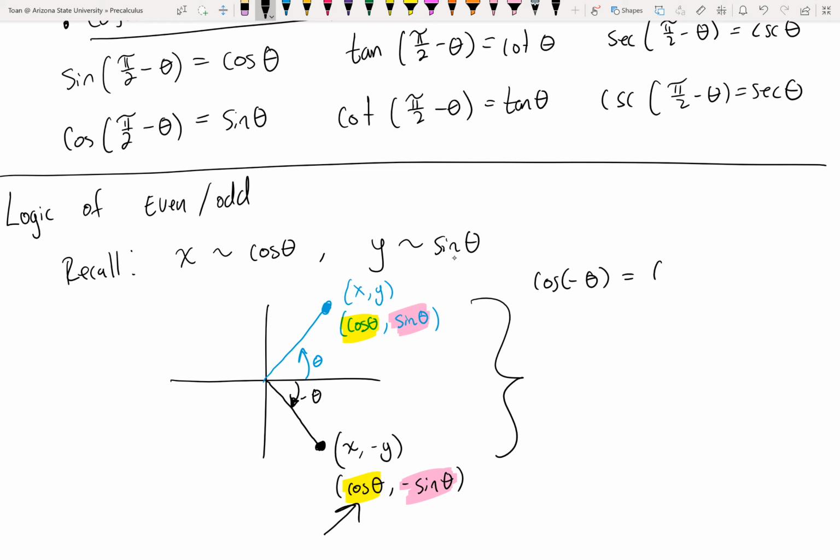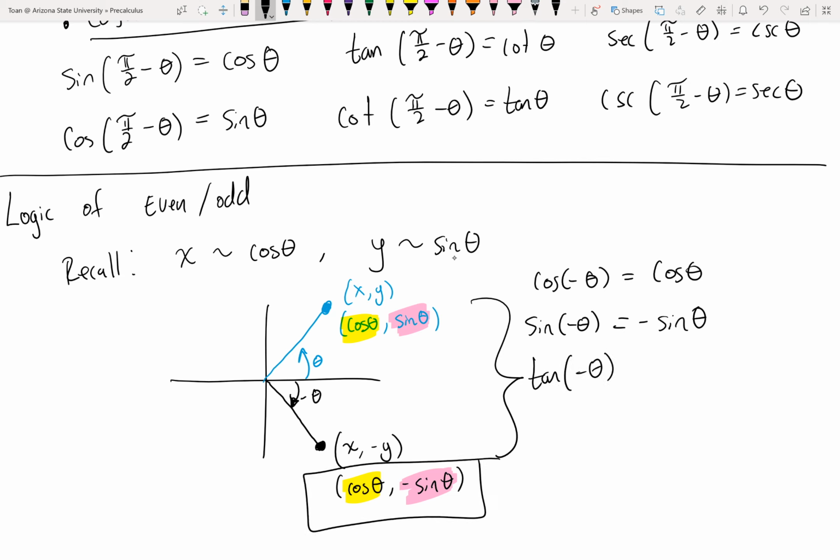Well, it's the same thing as a positive cosine. If I take the sine of a negative angle, so instead of looking at quadrant 1, I'm looking at quadrant 4, what do I get? I get the negative sine of an angle. And of course, if I take the tangent of a negative angle, it's just taking these two guys dividing by each other, and that's going to give us a negative